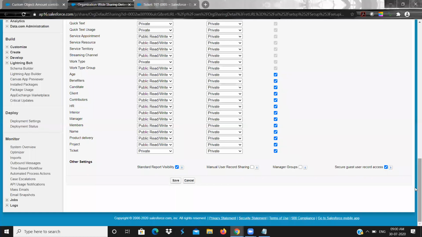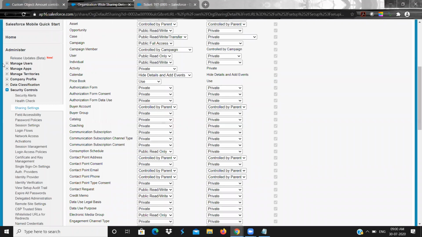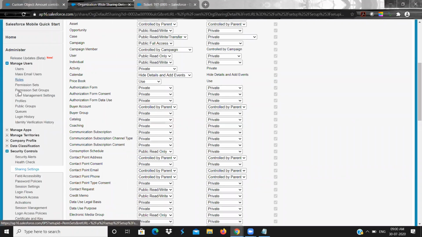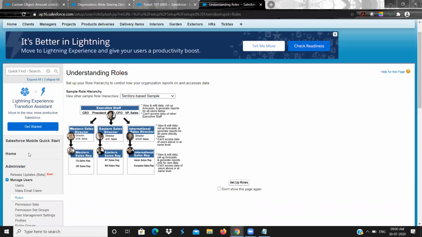Now go here and click on the roles. See, this is the role, right? This is how an organization works. Consider he is a sales rep and this director wants to see his record.